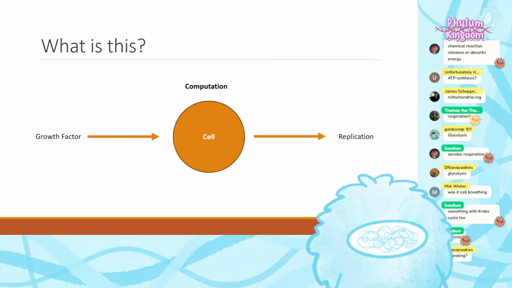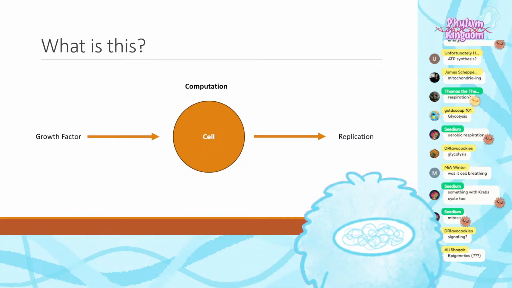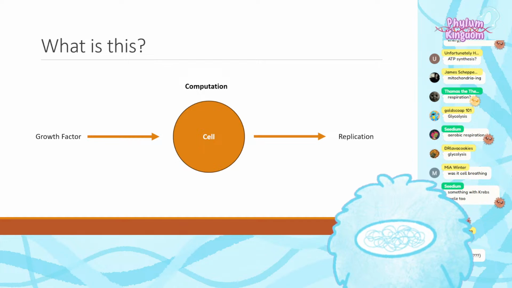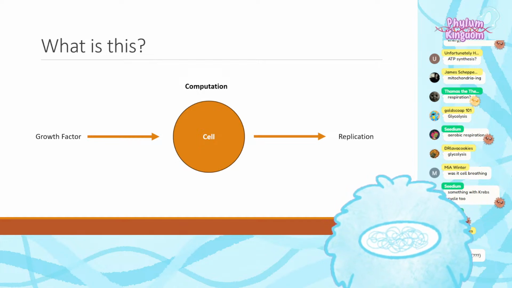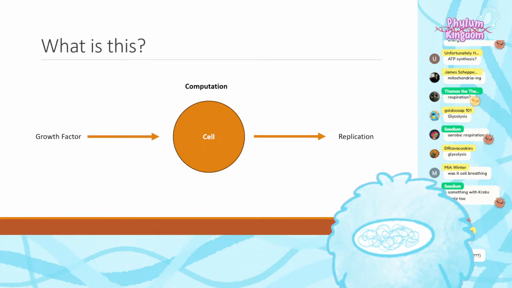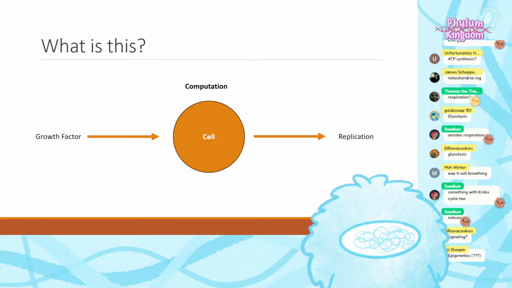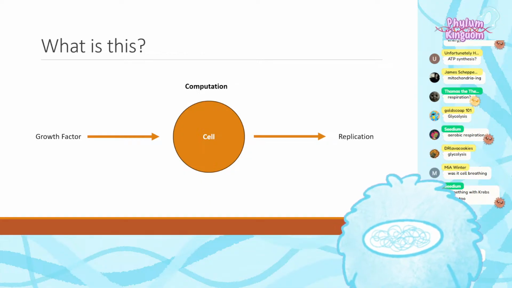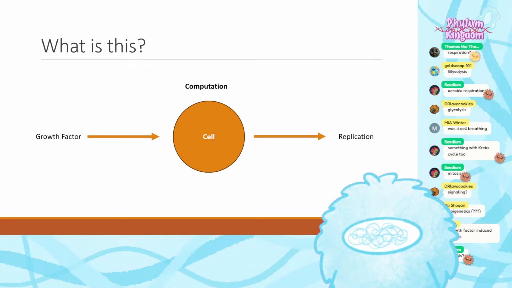So C says mitosis. That is certainly one process by which that happens. Epigenetics, not quite, right? Epigenetics is the process by which DNA is modified to affect expression of mRNA and subsequently protein. So not quite. Mitosis is one of the correct answers. Can anyone think of another way to describe this process? The process of reacting to a growth factor and then replicating. Mitosis is definitely in this bucket as well. Growth factor induced mitosis, very technically accurate.